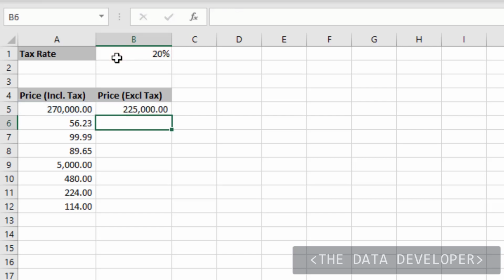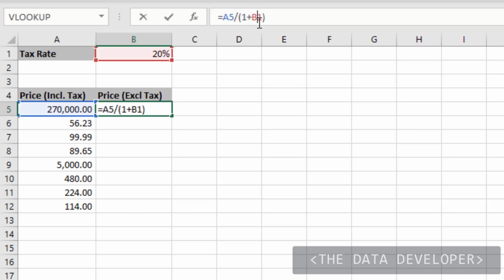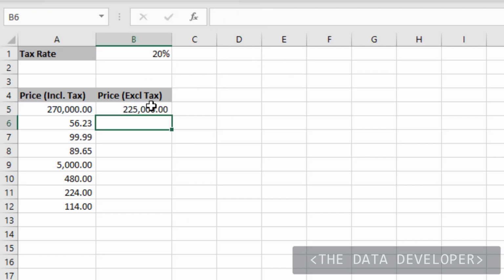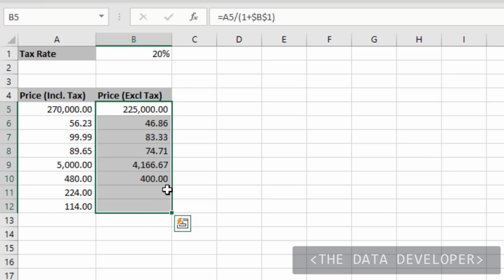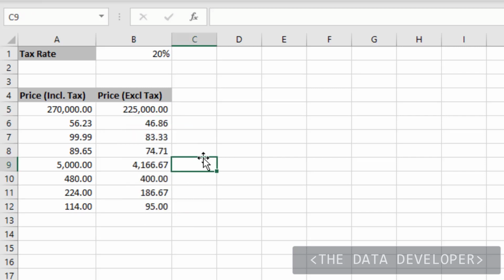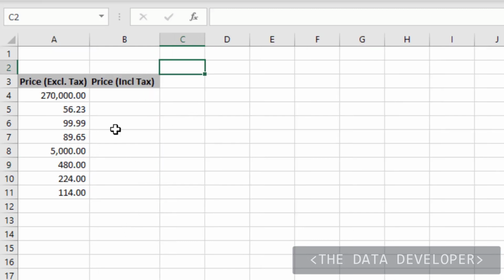So that's the formula. If you would like to drag it down, you'll have to make this an absolute reference by pressing F4, and then if you drag it down, it works quite simply. But what happens sometimes is, for instance, let's say on another sheet we also have the same set of information, but this time the formula is the other way around, but we need the tax rate again. So it becomes a bit cumbersome working between sheets,